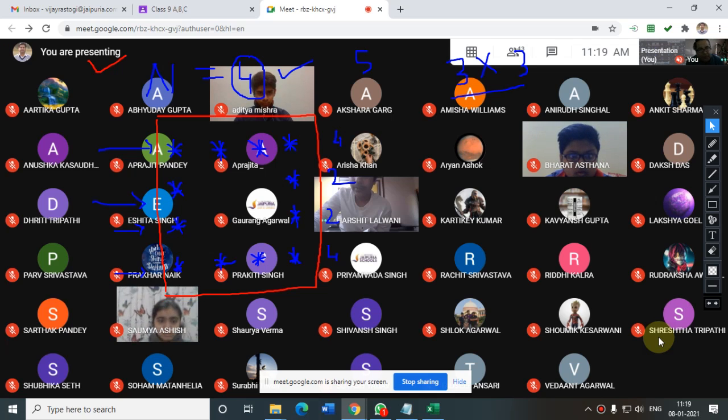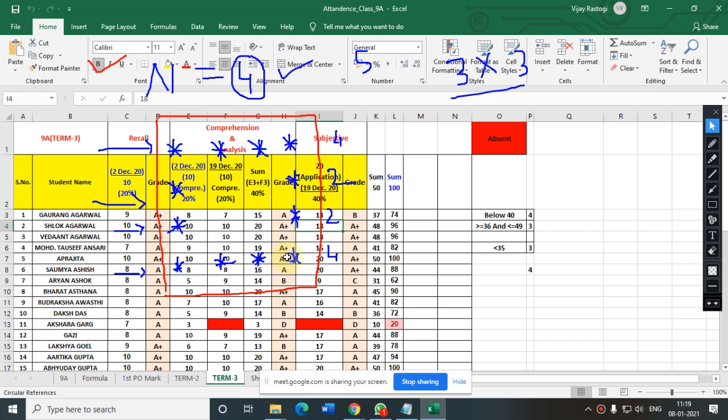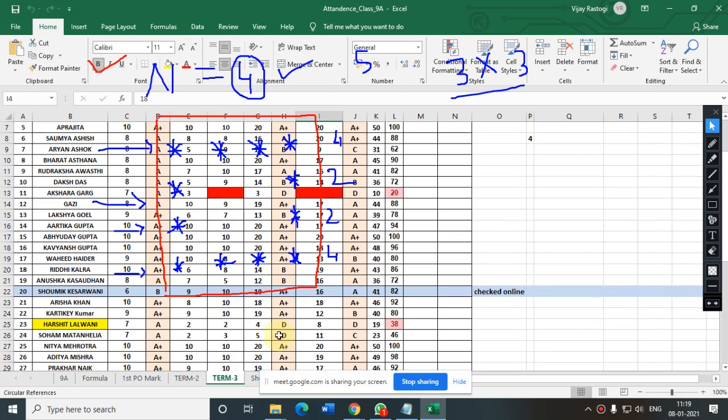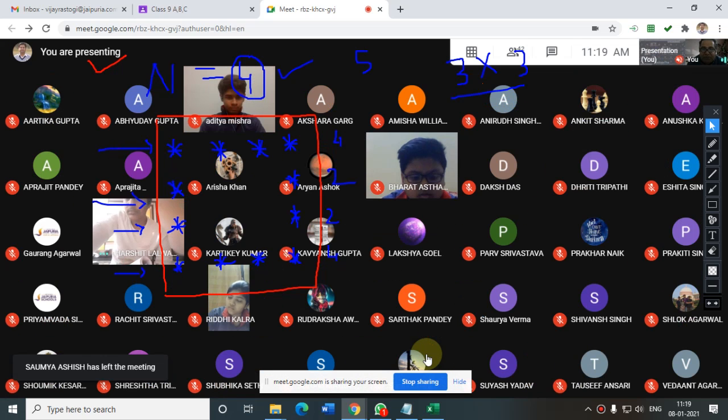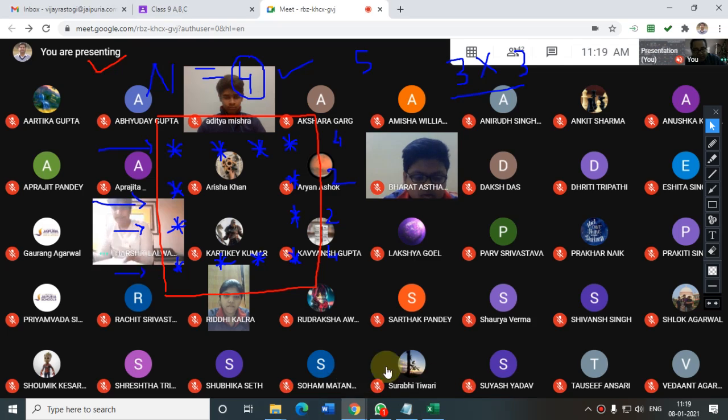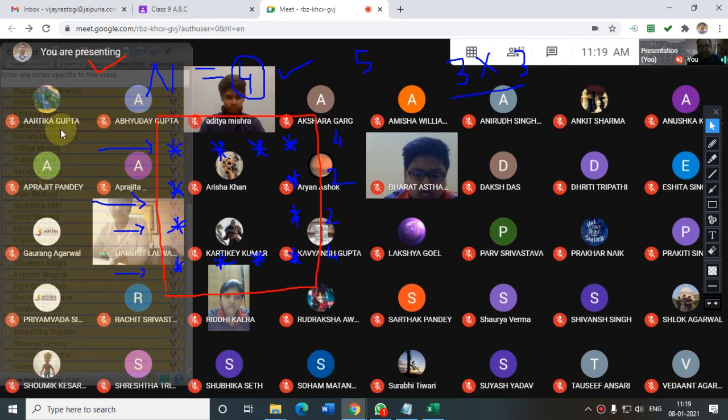Okay, no problem. So, beta Harshit Lalwani, your performance is also not very good. In the Google form you got just 2 marks in the output based question. In the programming also you got very poor marks, only 8 marks out of 20. So the performance is very poor, beta. So please pay attention, and in case of any problem, just ask in the class. Is that clear? Without any hesitation.